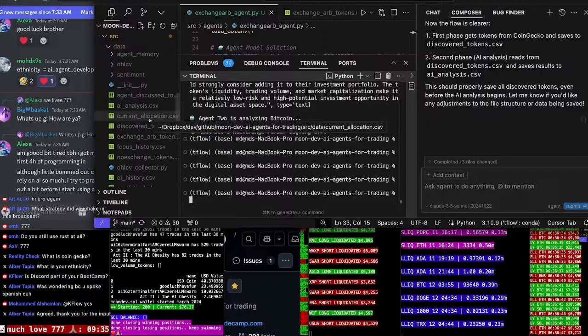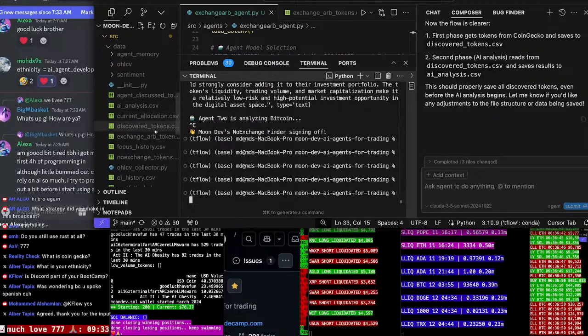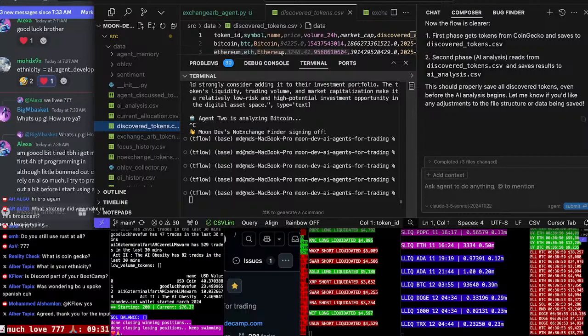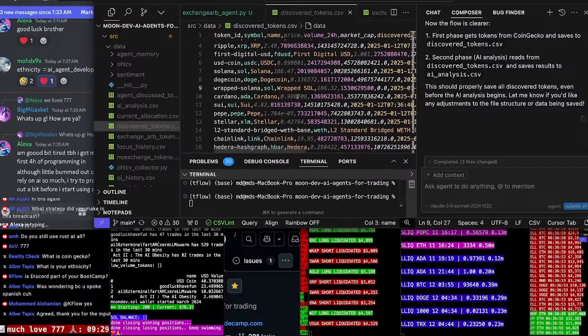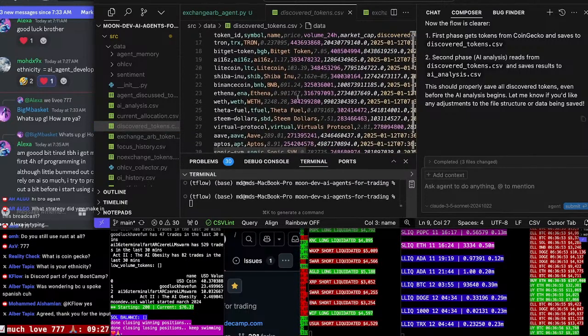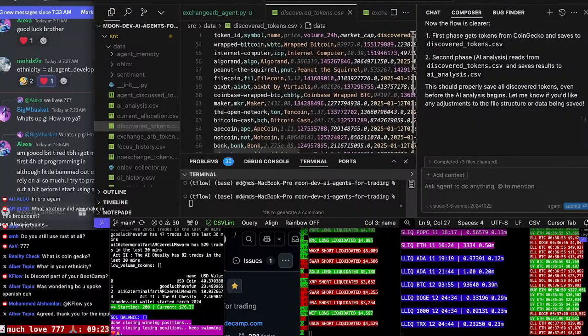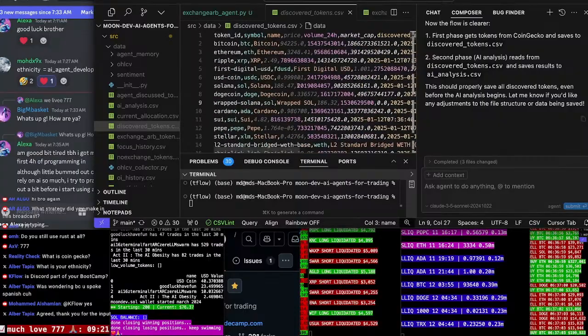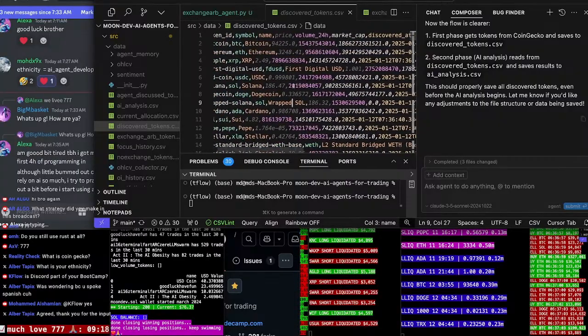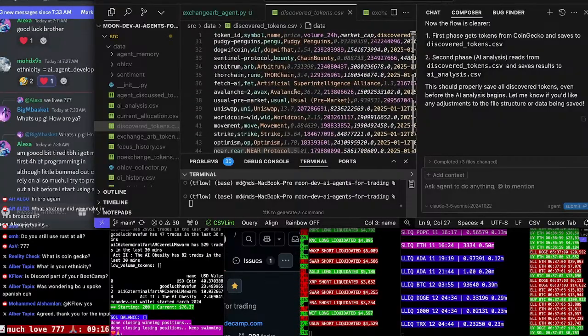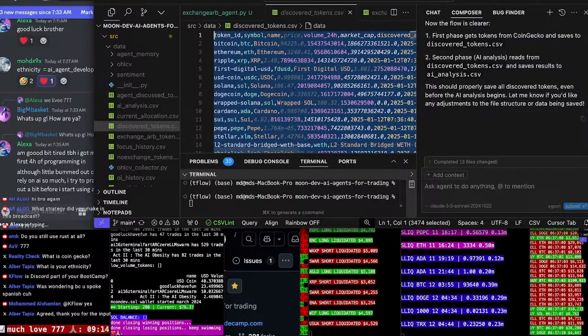Okay. Current AI. This is discovered tokens.csv. Perfect. So this is kind of trash because I can just see that they're discovered and they have, like, just okay,